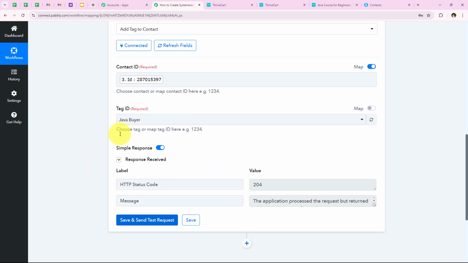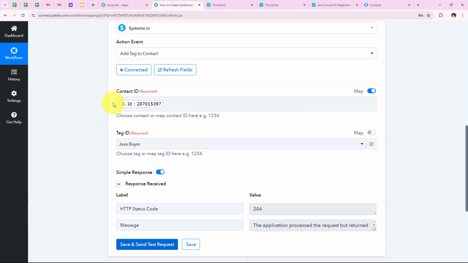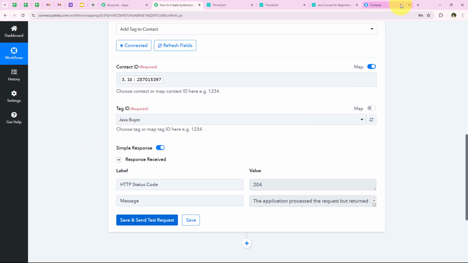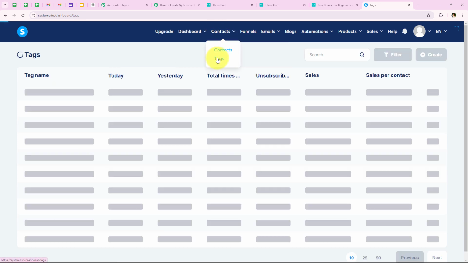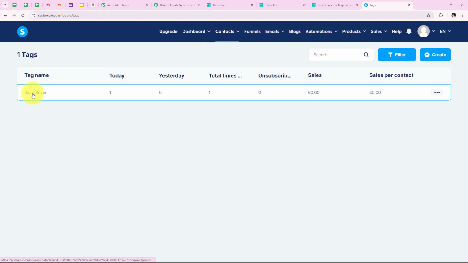And as soon as we click on save and send test request, yes, you can see again we have received a positive response that we have successfully added a tag to this contact and the tag name is Java buyer. So what we are going to do is I'm going to open my systeme.io again. We're going to go on tags right from here. So I'm going to go on it, and as you can see Java buyer, so we are going to open this,